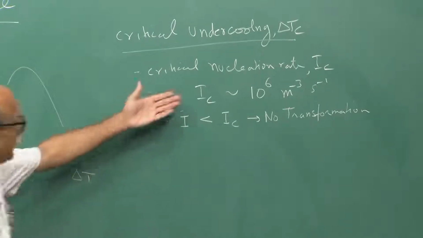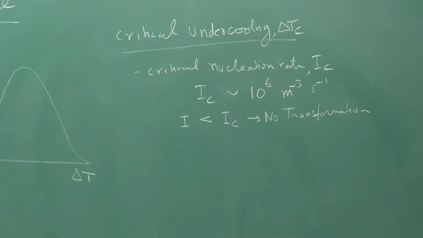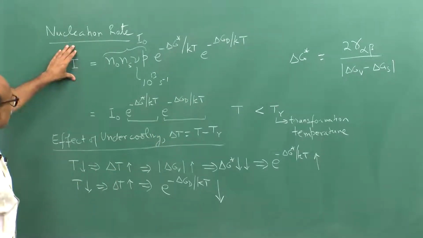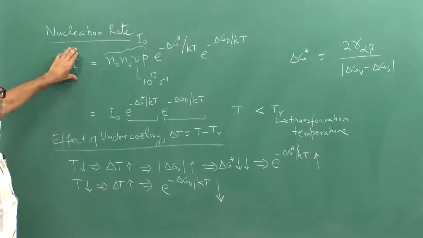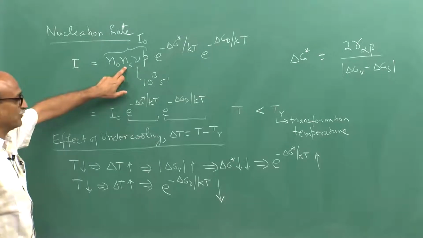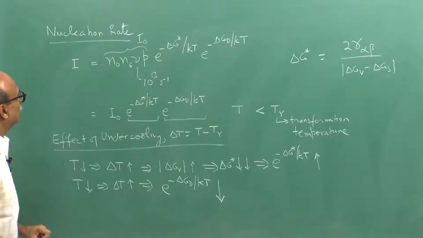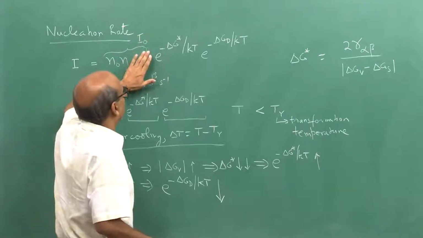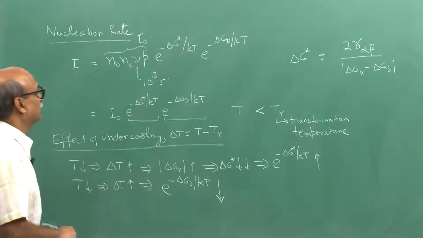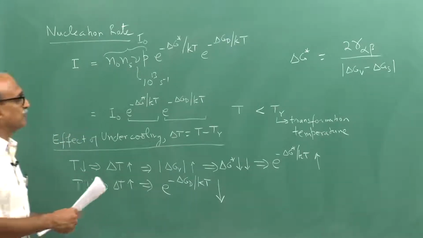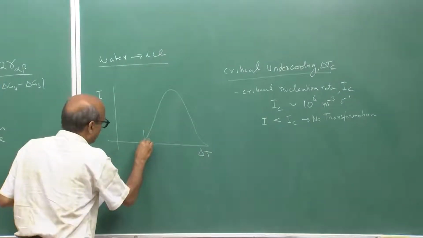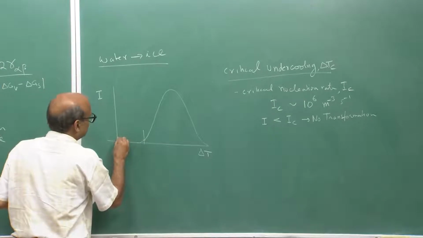So, once we put these values into this expression here, putting on the left hand side the critical nucleation rate, putting values for the number of sites where nucleation can take place, number of atoms surrounding the nuclei, the absorption probability, calculating delta G star, getting delta GD, the activation energy for jump. And once you do this calculation for the water to ice system, then somewhere here let us say is IC,